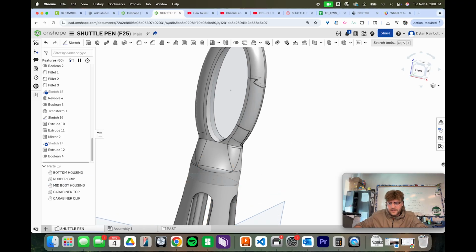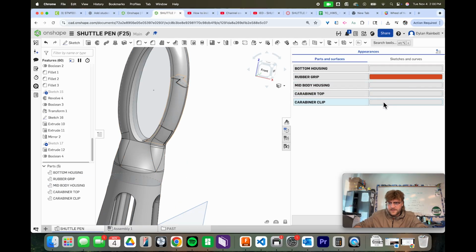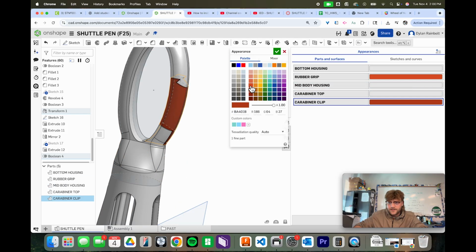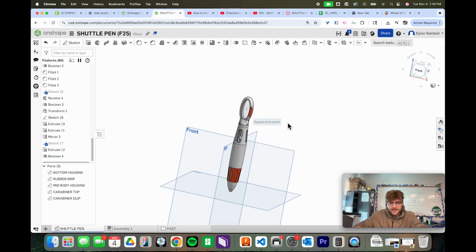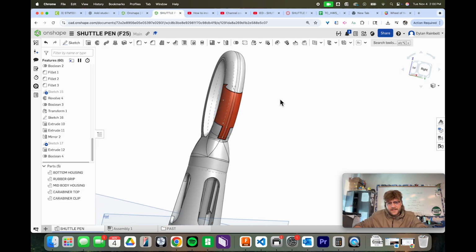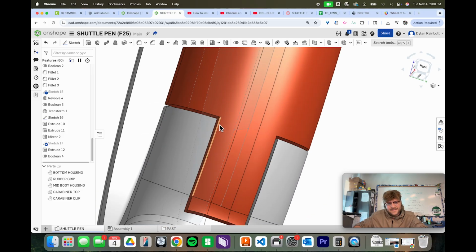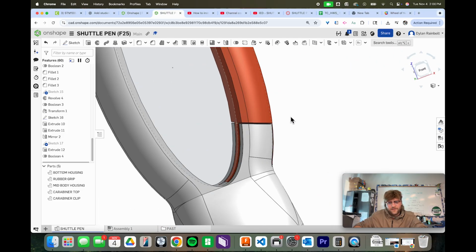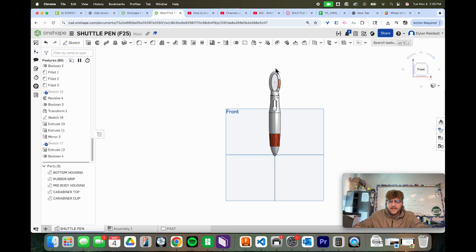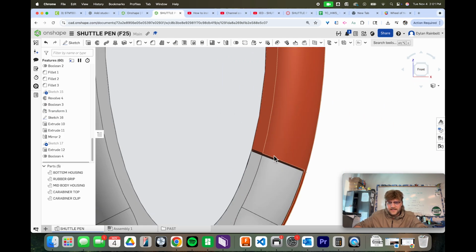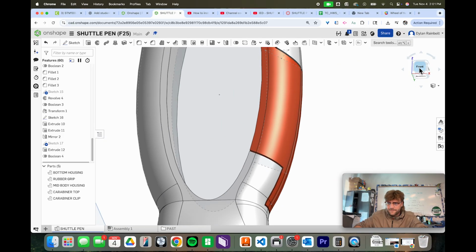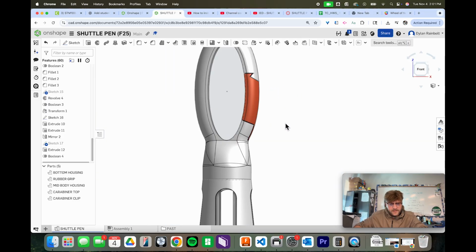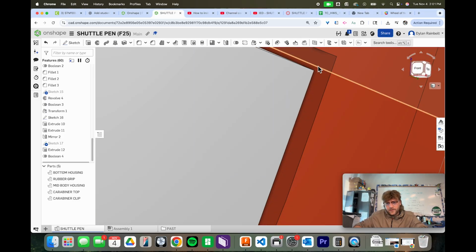So now we've got this actual clip that's in here. What I'm going to do is switch the appearance of that, so our clip should be the same color as our actual rubber grip. So we've got that same color there now. What I want to do in here is actually increase that distance as well, so that whenever we're using this clip, if we bring this back, this metal or this plastic piece is not going to end up rubbing or interacting with that and get caught on that. So what we can do is go in here, we can create a sketch